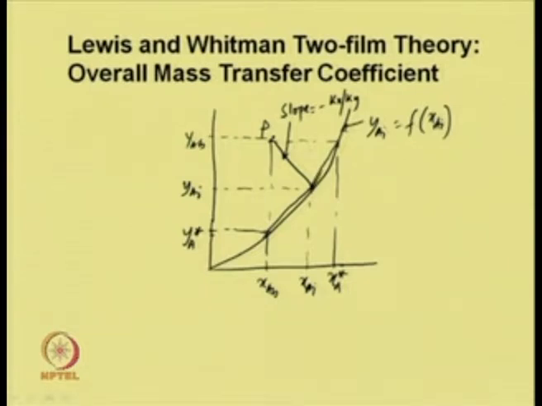Suppose the slope of this line is m double dash and this one is m dash. Then at steady state